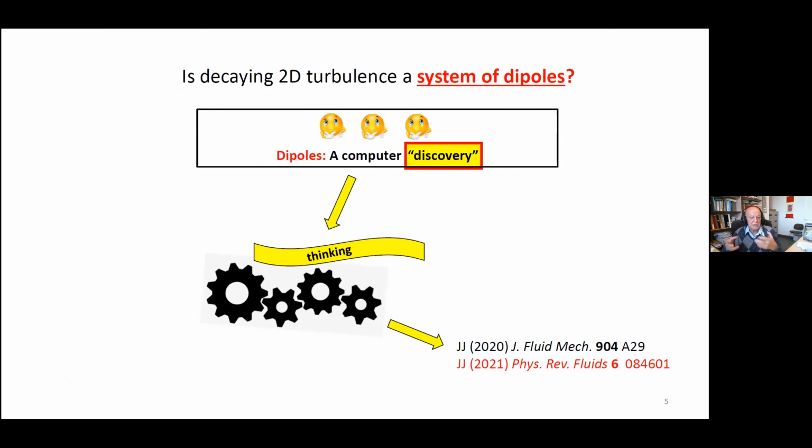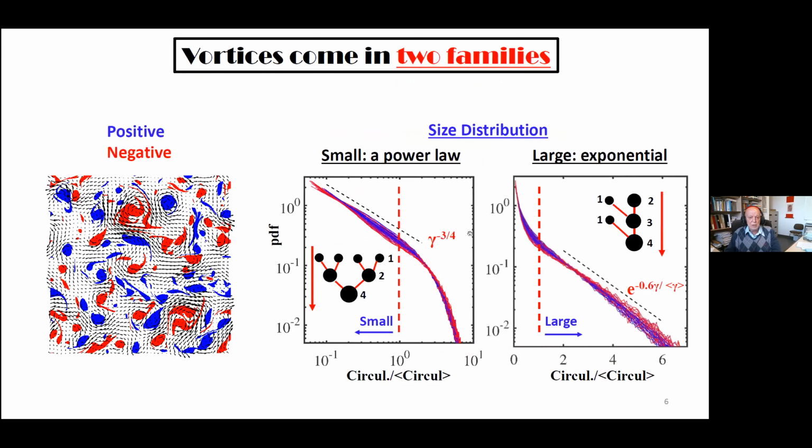This is a standard scientific method. With the hint that you should look at dipoles, you start looking at dipoles and try to see where they are, what they do, and things like that. And this is basically what this paper in Physics of Fluids is about. And there's a previous paper in JFM, which is also on some other aspects of this.